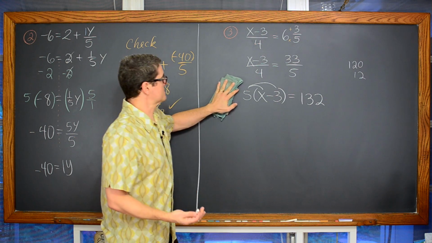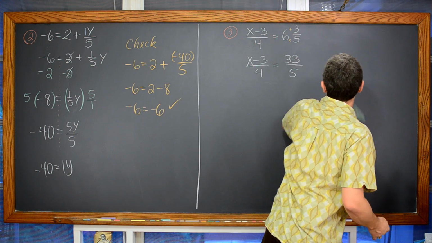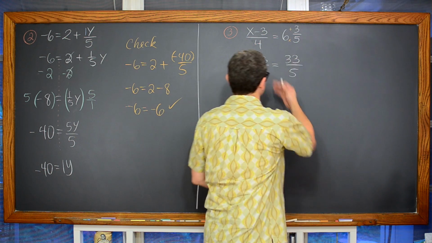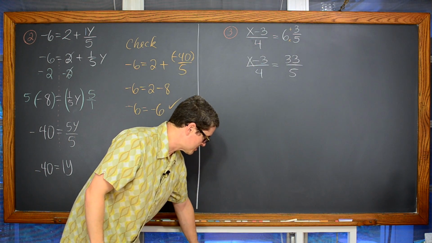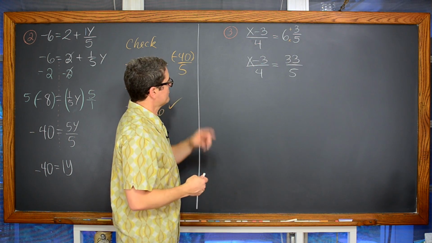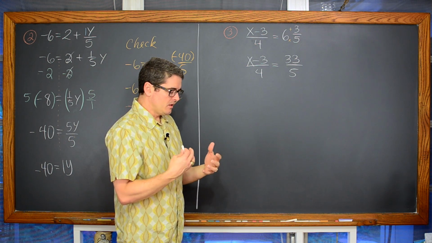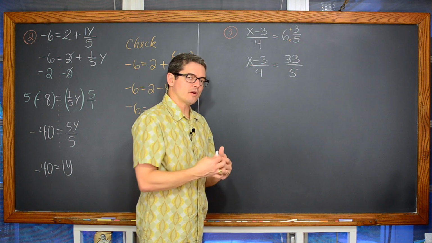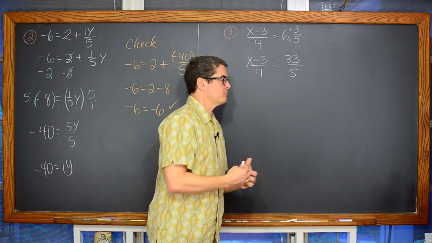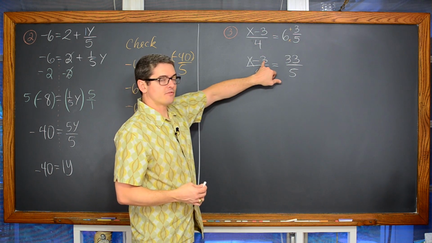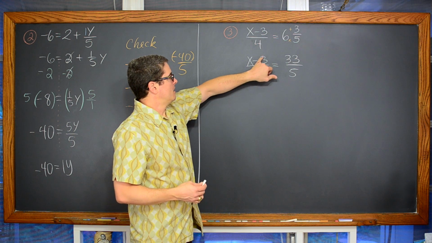So nothing wrong with this. And solving this sort of equal proportion problem with cross multiplication is a process that pretty much every teacher covers. But thinking of that, we're going to add or subtract away from the variable. We're going to multiply or divide away from the variable. I see a subtraction of 3, okay?